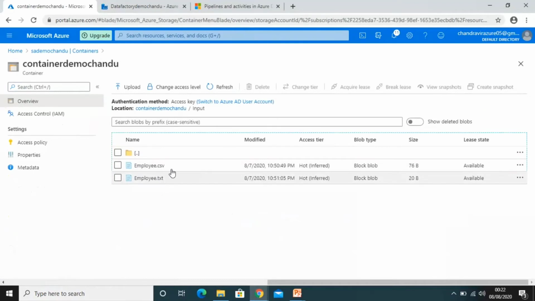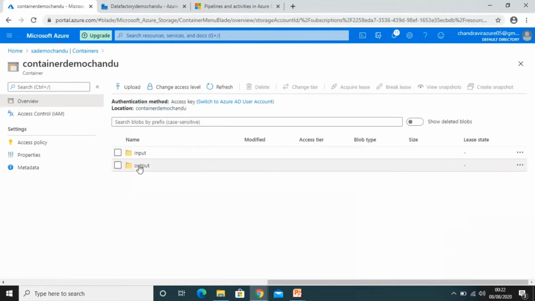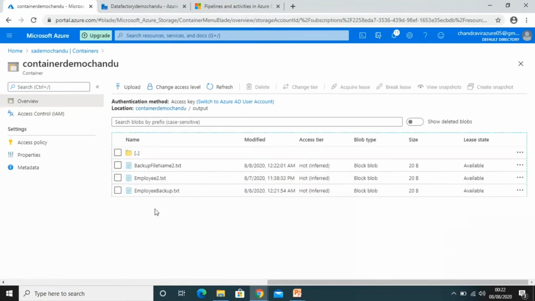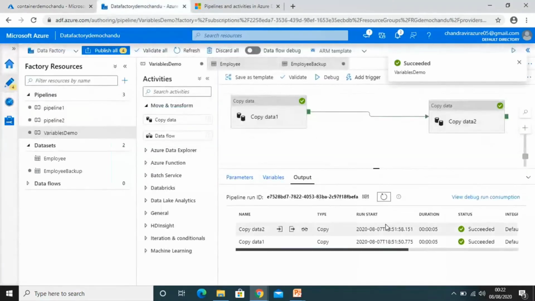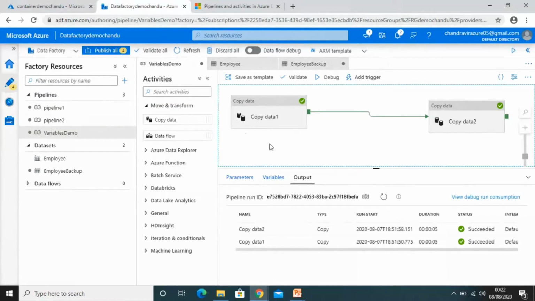In input we have the employee.txt file that we are going to copy. In the output folder, you can see here backup file name 2 and employee backup. These two were just created. If you look at the timings 12:20, 21 and 22, you can see both copy activities are completed.